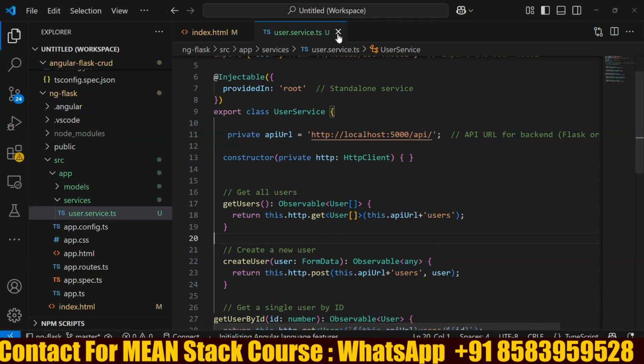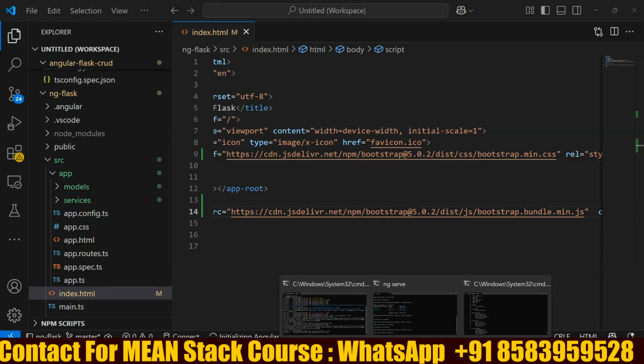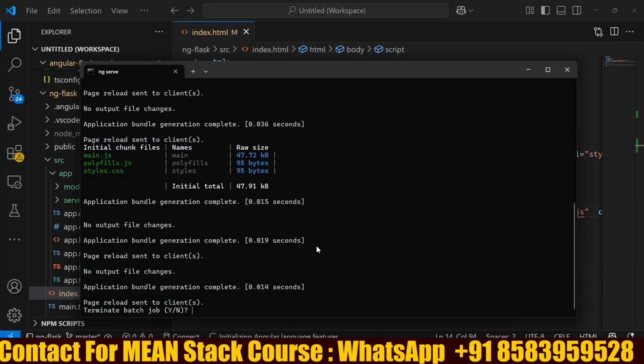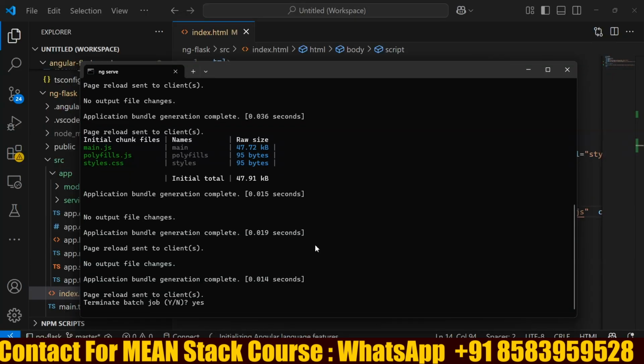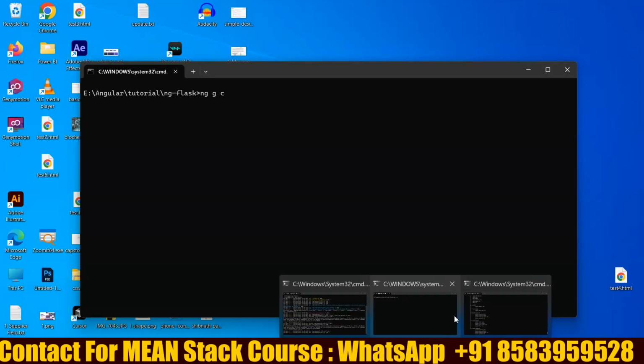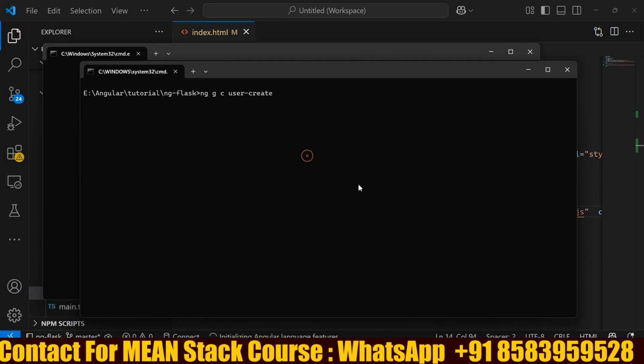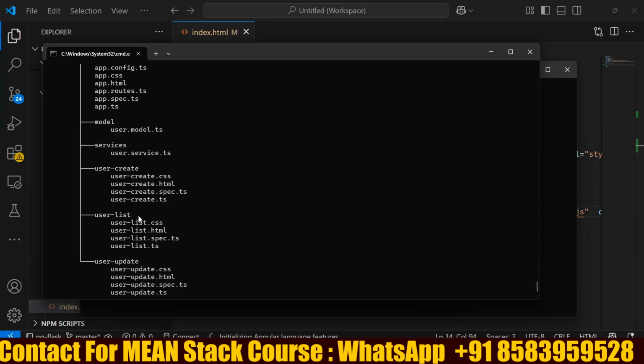Our service class is also done. Next, we will create the components. Now let's go here and press Control C, we will break the server, and ng g c means generate component. Now let's see the name of the folder. So first we will create this component from here. After this we will create another one. We will actually create 3 components. This one,